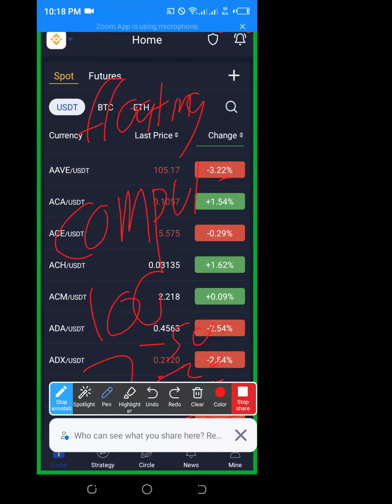Now, if I give you 10 coins which perform very well in the market, someone will go to the market and set 10 coins. No, you trade one at a go.